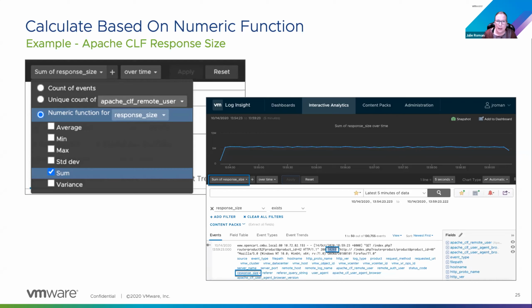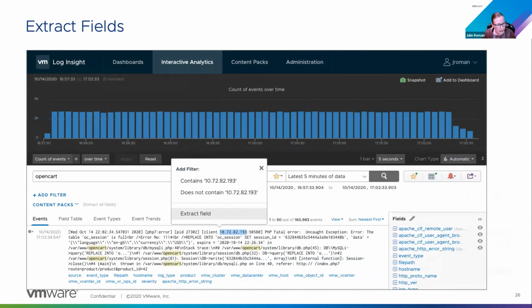So if you wanted to know the total size of web page hits over a specific time frame, instead of just seeing the individual log messages, you could do that.